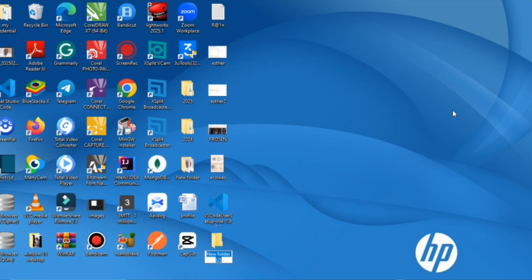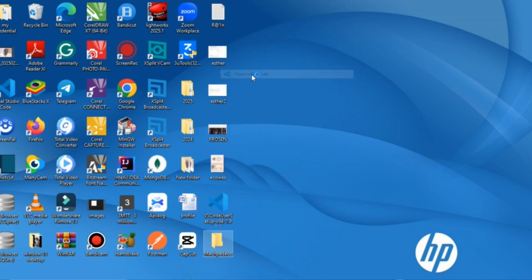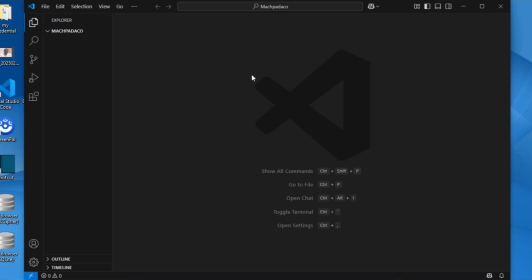Here I shall be using Matchpadico as my project folder name. I have created a folder on the desktop called Matchpadico. So you either click Visual Studio Code and select this folder, or you right click on this folder and say open with Code. VS Code has opened your folder